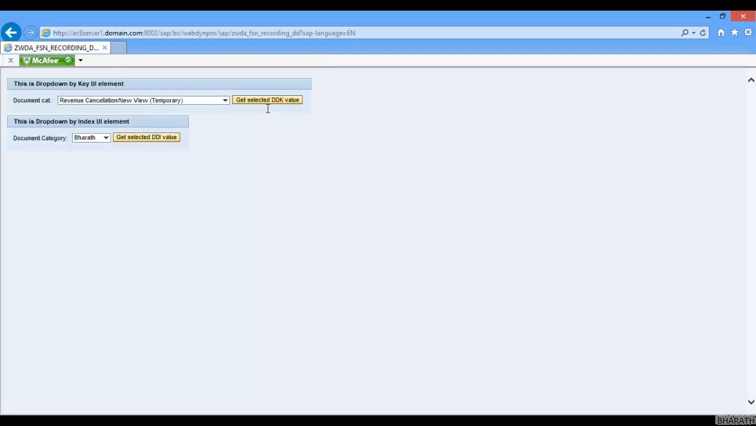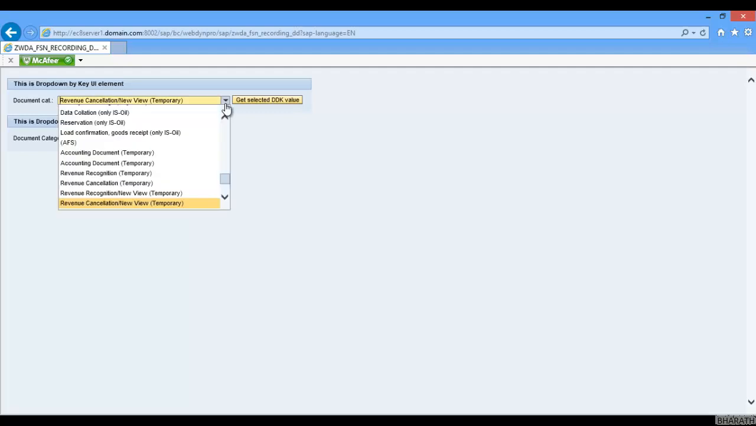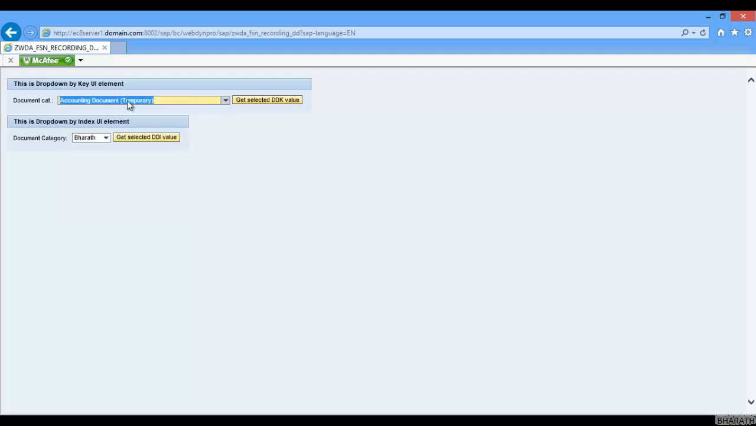Okay, now I have the button behind the drop down by key and the button beside the drop down by index. Here I'll select some value, accounting document, and click on get selected DDK value. When I click on it, I am interested in reading the selected value in the drop down by key. Likewise, I can select any value from the drop down by index,